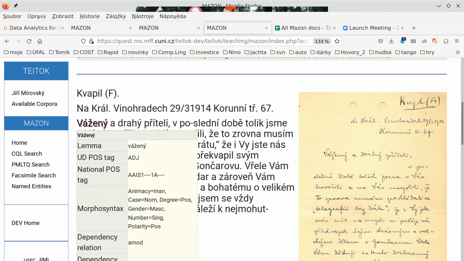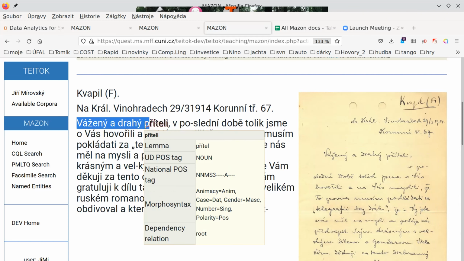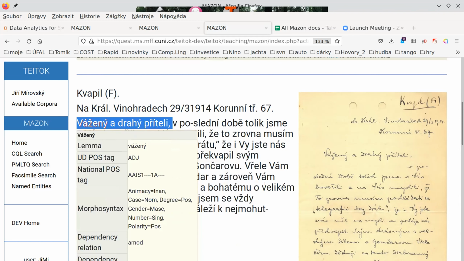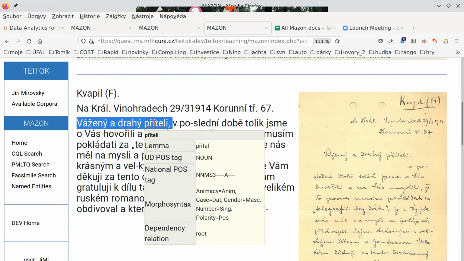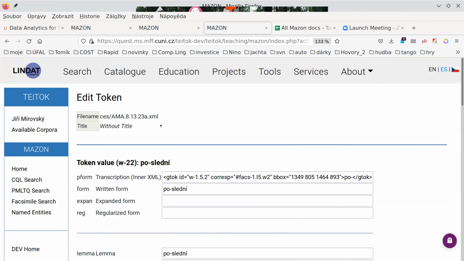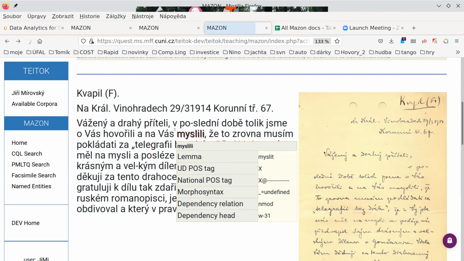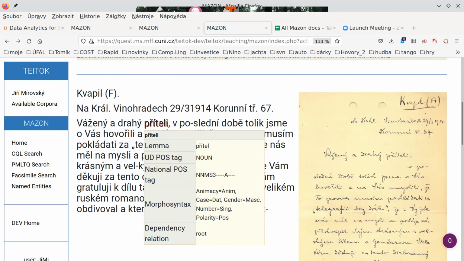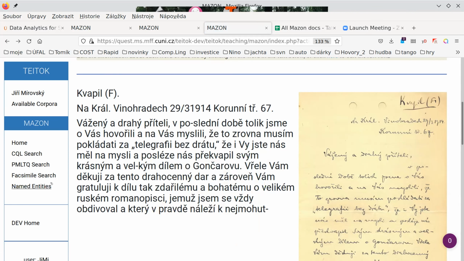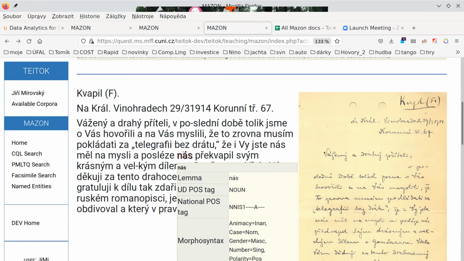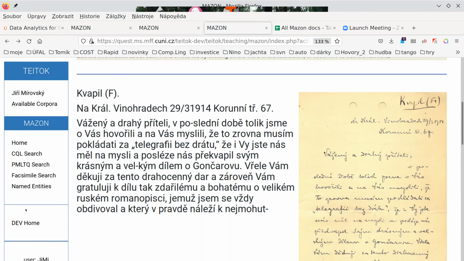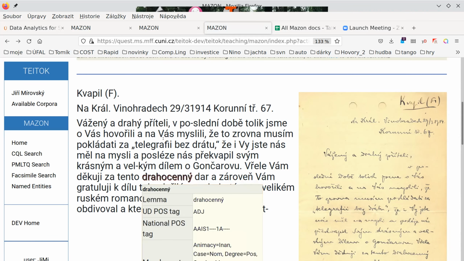Again, if we look at the addressing here, this means esteemed and dear friend. Again, the friend, I clicked on it, sorry. Again, the friend should be in vocative, and now it's in dative. If we go through all the text, we will see that in most cases it's correctly recognized. Now we had bad luck with two texts where it was wrong. Anyway,